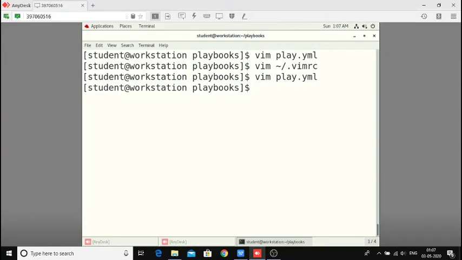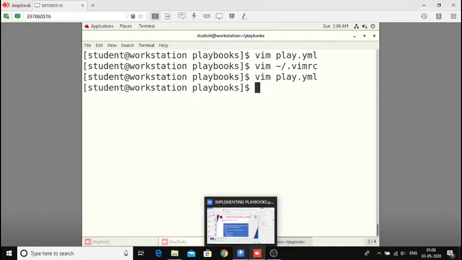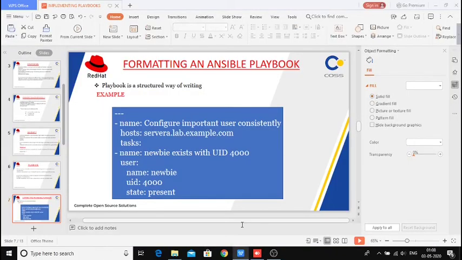But to understand that, we have to know that writing the playbook is not enough here. We should know how to run a playbook. To run a playbook as well, there are certain things we can understand.